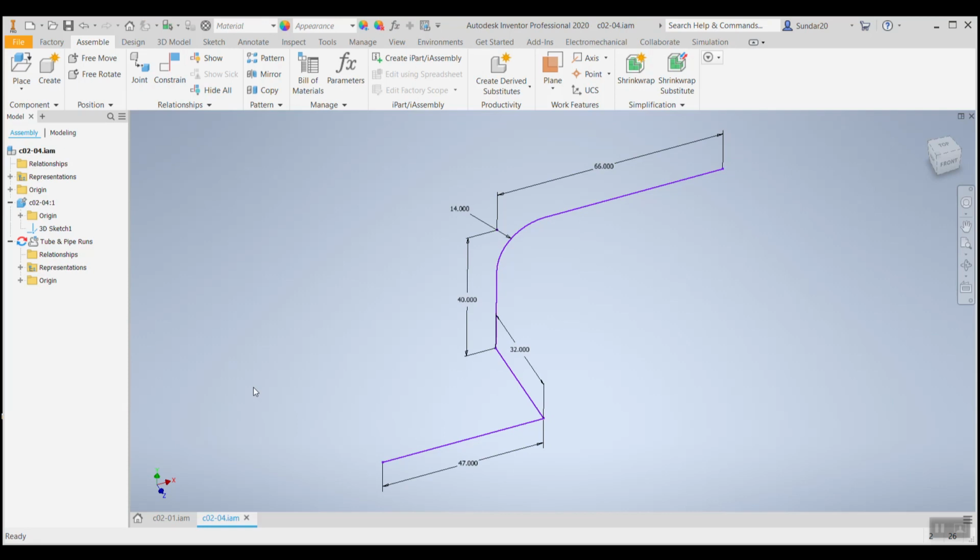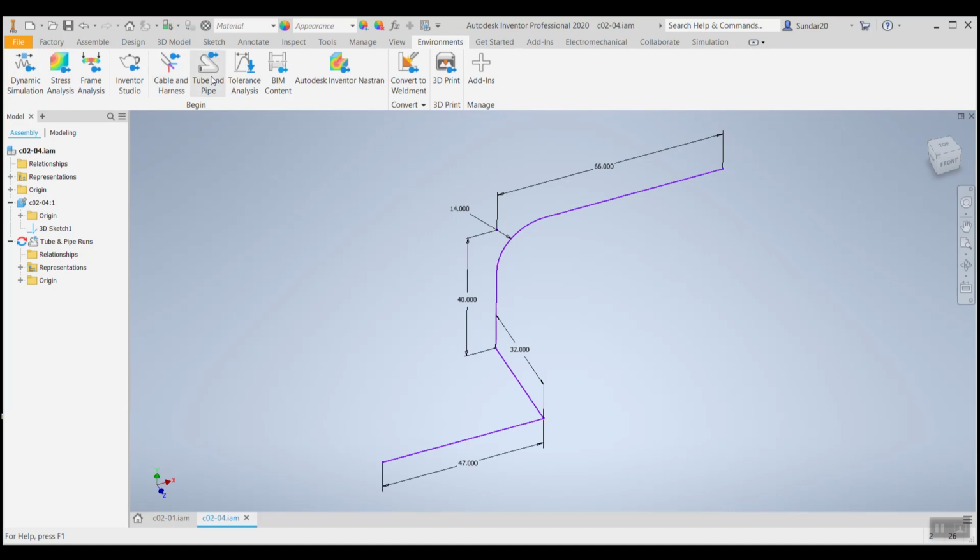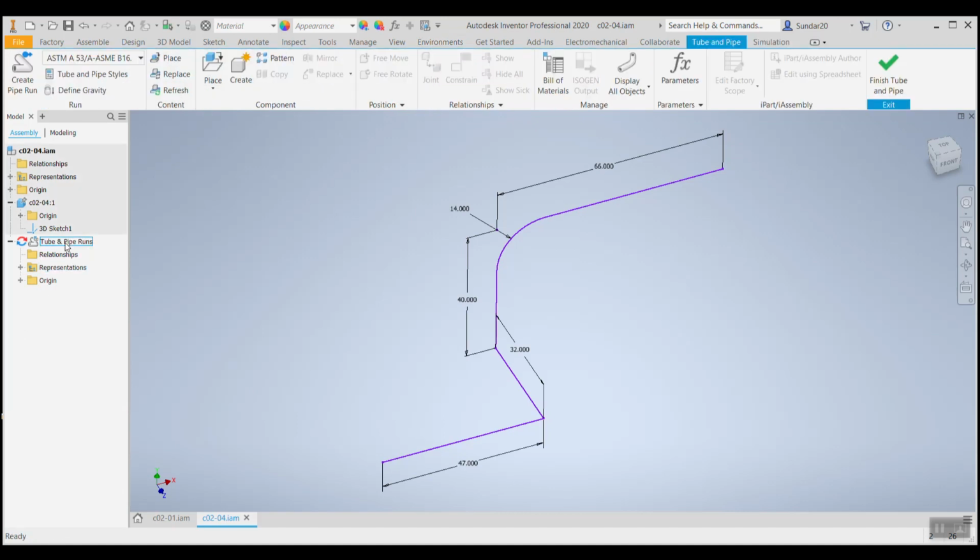So make sure that you create a sketch, save it as a part file, and then bring it to the assembly interface and place the sketch in the assembly interface as grounded at origin, and then save that assembly file. And once you have done all these steps, we can go over to environments and tube and pipe. So I'll double click over here to edit tube and pipe, which is already available in the design tree.